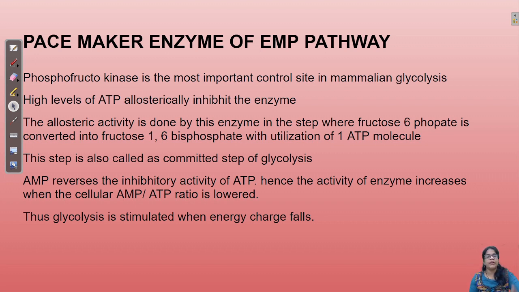And I told you the high levels of ATP allosterically inhibit the enzyme. This is important. This allosteric activity is done by this enzyme in the step where fructose 6 phosphate is converted to fructose 1,6 bisphosphate with utilization of 1 ATP. Yes, so this is the committed step. The conversion of fructose 6 phosphate to fructose 1,6 bisphosphate is considered a committed step. It is an irreversible reaction that has to happen for glycolysis to continue. But because of ATP present in the cell, the cell is immediately notified, and the presence of ATP would have an allosteric effect on phosphofructokinase, making it